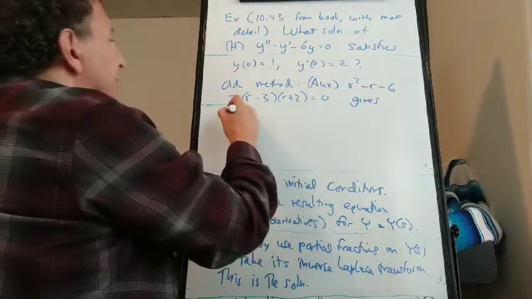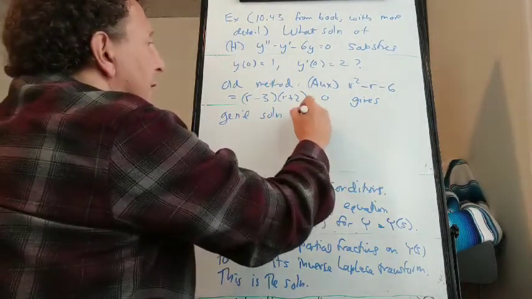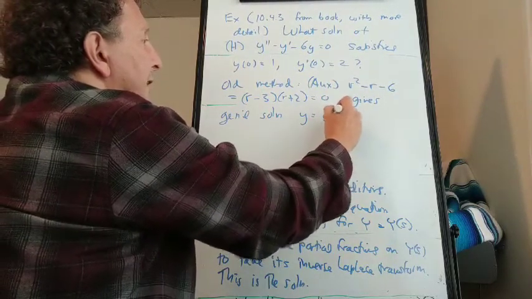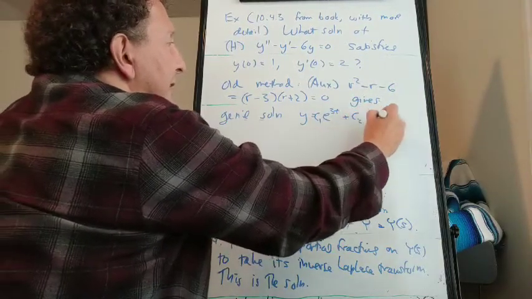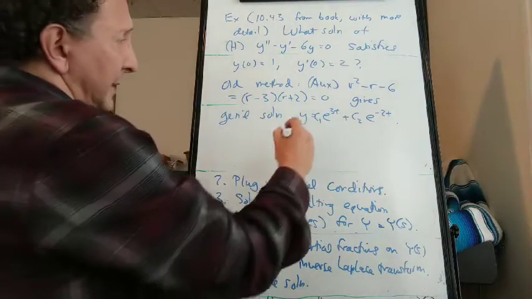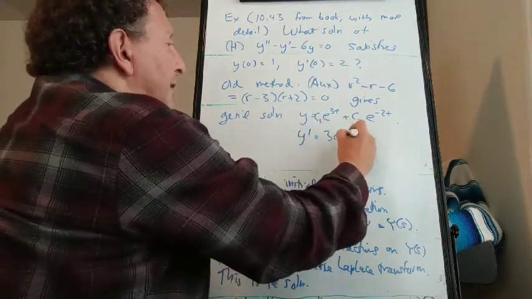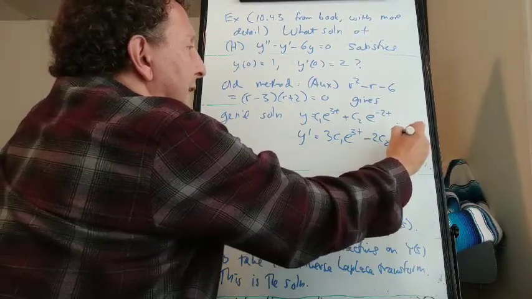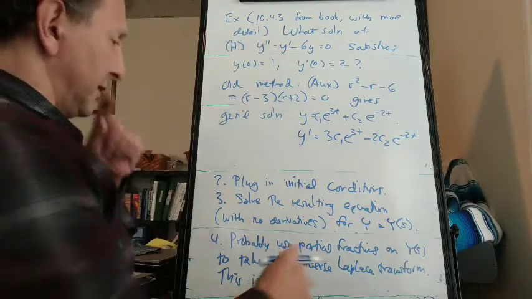And that gives us the general solution, y equals some constant c1 e to the 3t plus some other constant c2 e to the negative 2t. Then we're going to need the derivative too. 3c1 e to the 3t minus 2c2 e to the negative 2t, so that when we plug in the initial conditions,